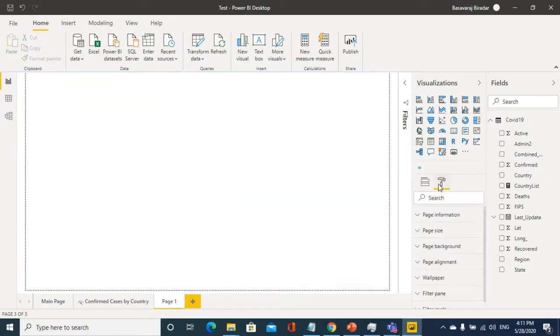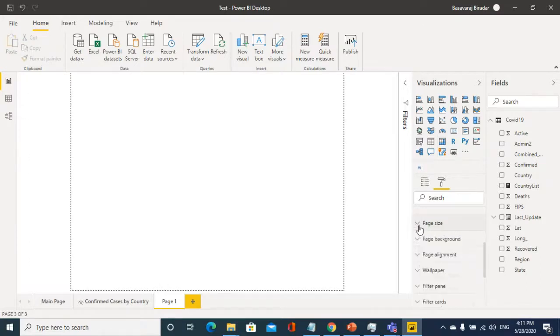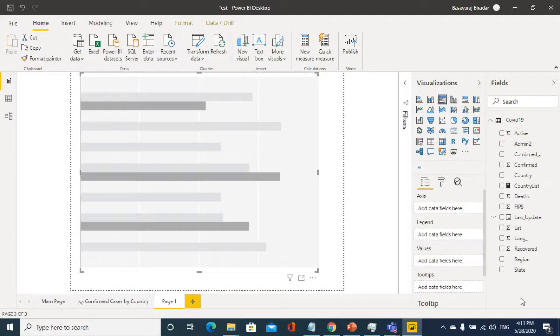Let's make this page size as tooltip. I have done this page as a tooltip page. Let me add one report here. Like again, I'll go country,